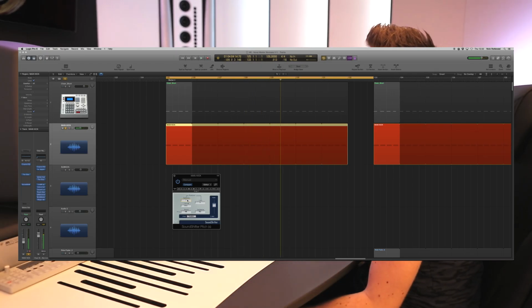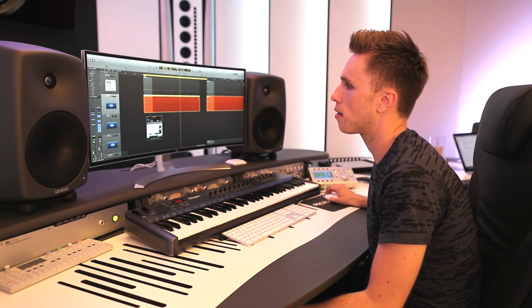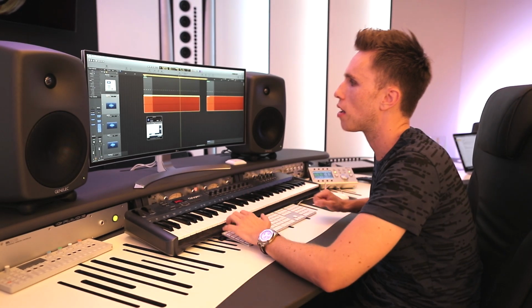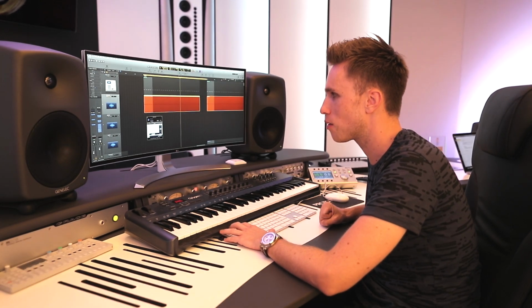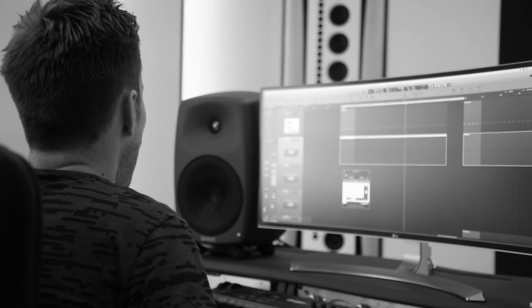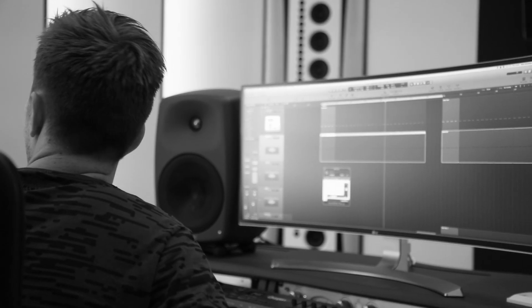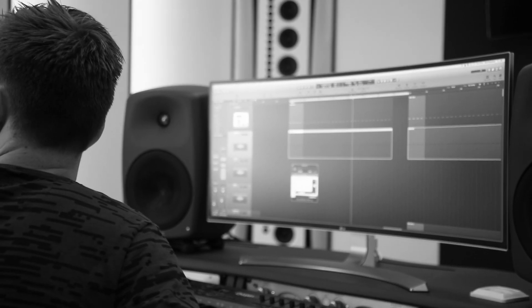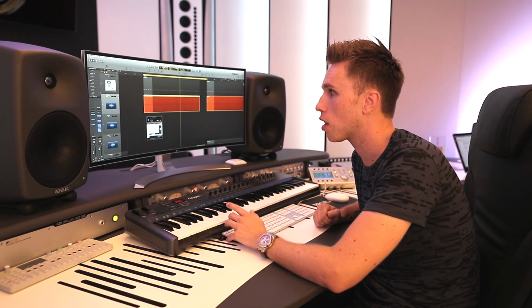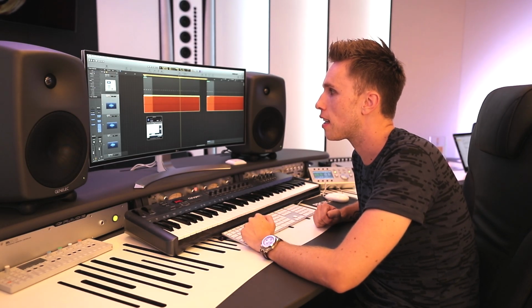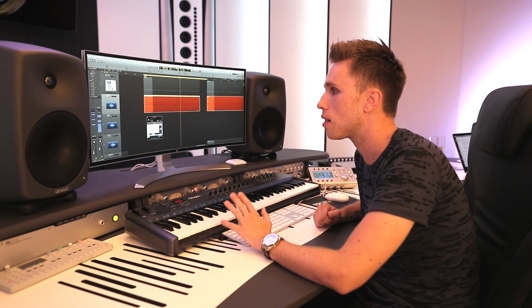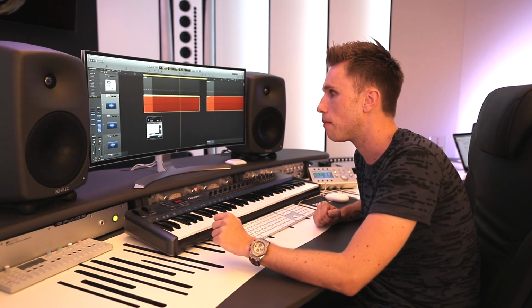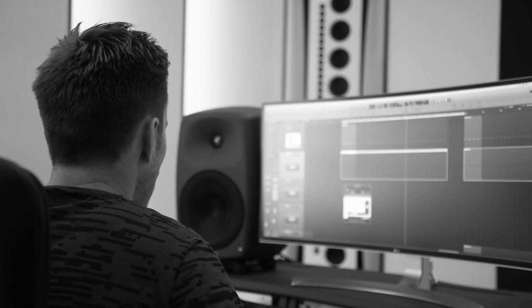So I could actually do it a little bit better if I spent some more time, but sometimes you just don't have the time to figure out all the small details. So if it sounds good, I leave it that way. But if you have a little bit more time, I would definitely recommend looking into the key of your kick, especially if your kick is a little bit longer like this one, then the key definitely matters for your mix down in the end. If you have the right key, that means one of the 3 notes in the chord